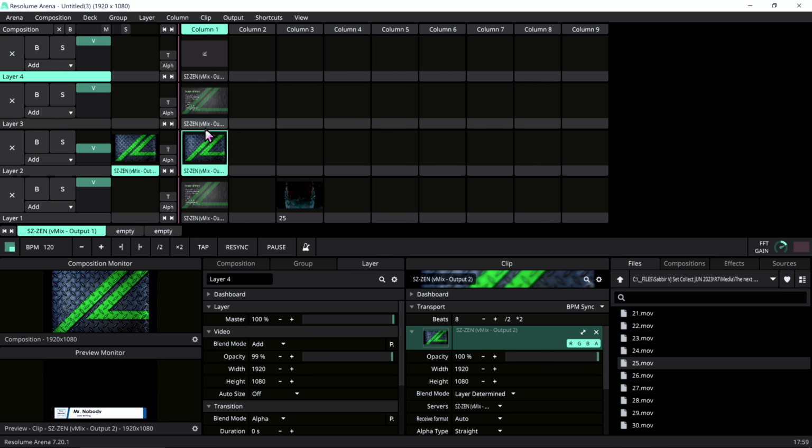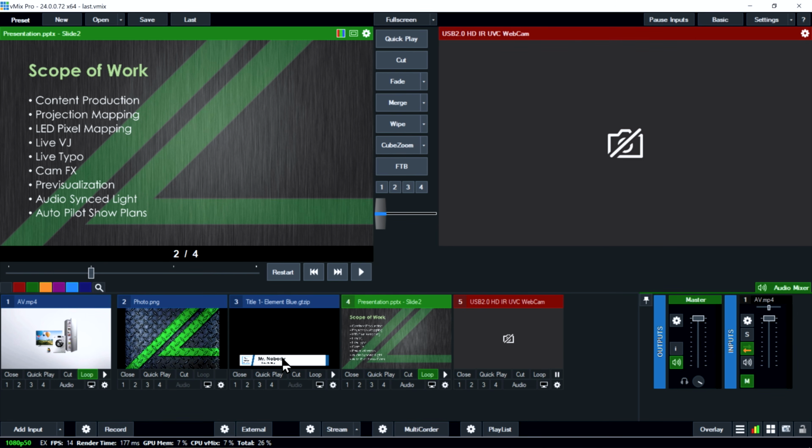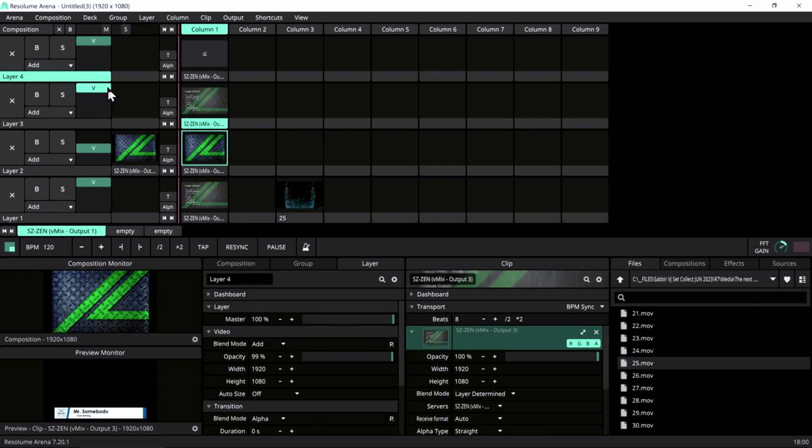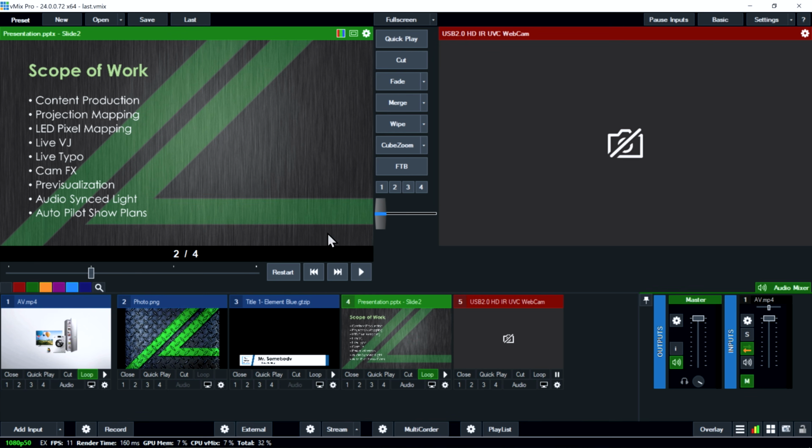And now let's say our input 3 is the title, and all of a sudden Mr. Nobody died. So we change it to Mr. Somebody, and all of a sudden Mr. Somebody shows up and we play this clip and Mr. Somebody is here. We could of course do that with RESOLUME, but with vMix title, imagine this text is connected